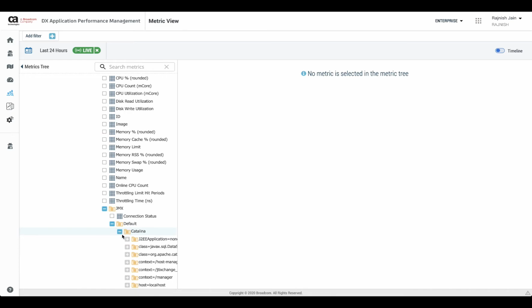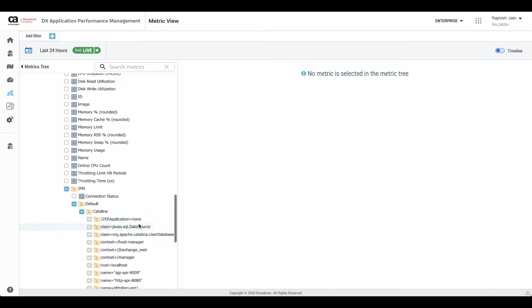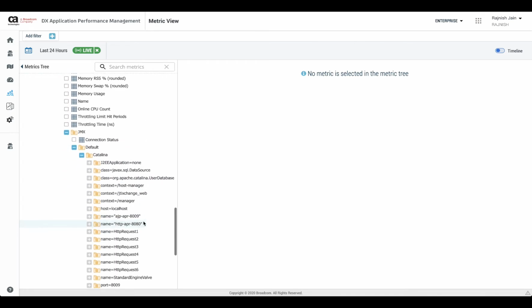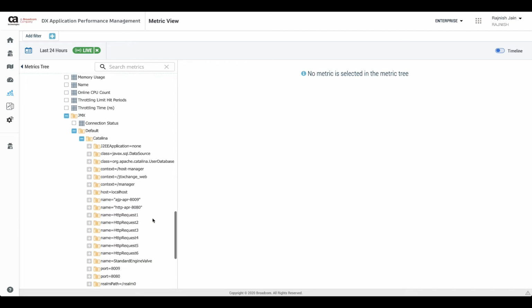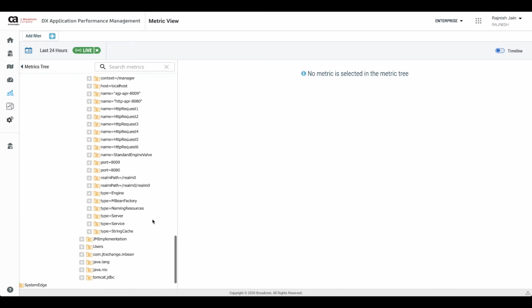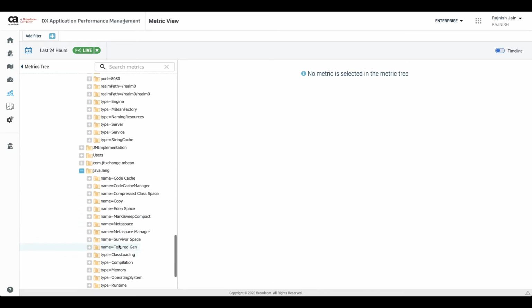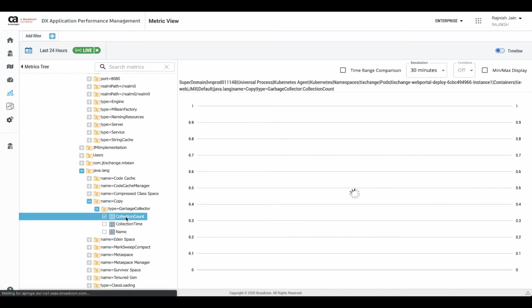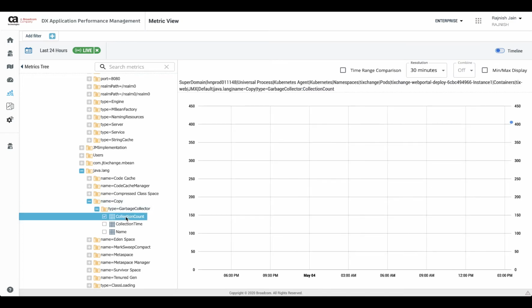So now you can look at various JMX metrics. These are all default Tomcat JMX metrics given to us by Tomcat. And this is a sample MBean that my application had implemented, but all of the rest of them are the default JMX metrics that Tomcat has provided to us.